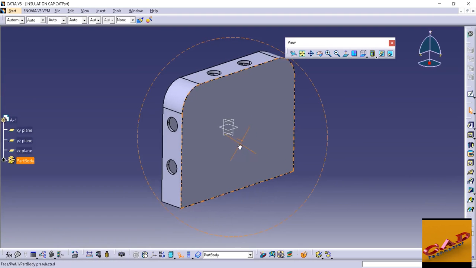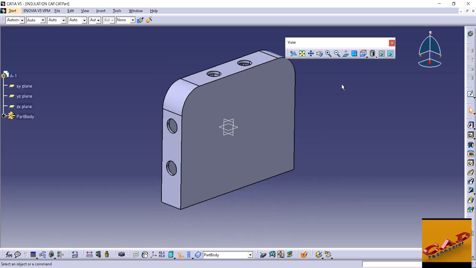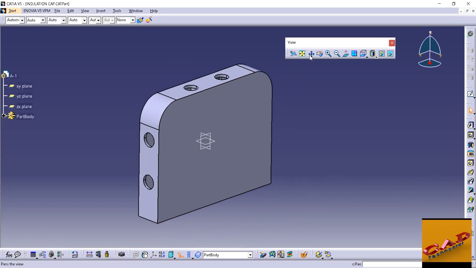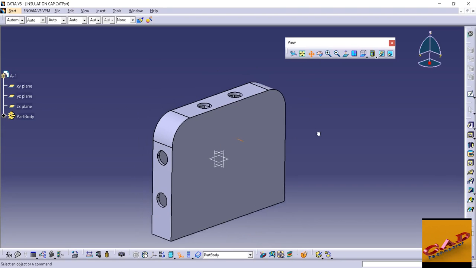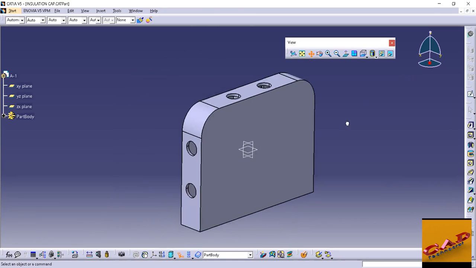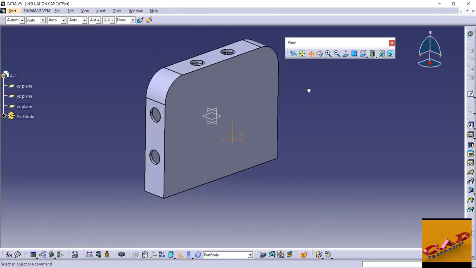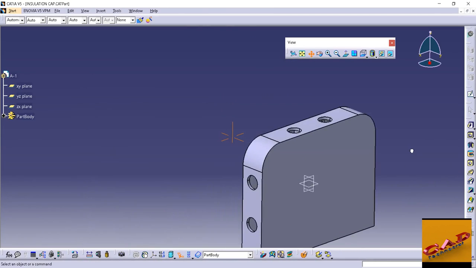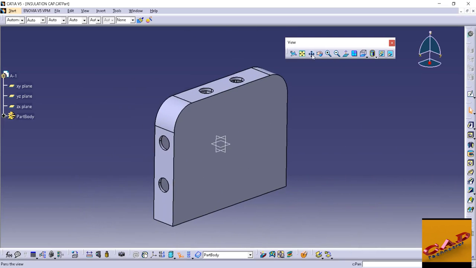Okay, now the second toolbar is pan. Pan means just click on that pan button, press the left button of your mouse, and you can drag your object. Actually these toolbars are for beginners, because beginners cannot use the combination of mouse buttons perfectly.